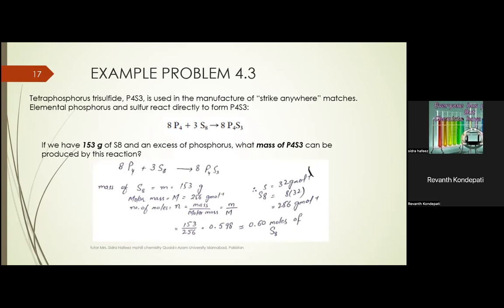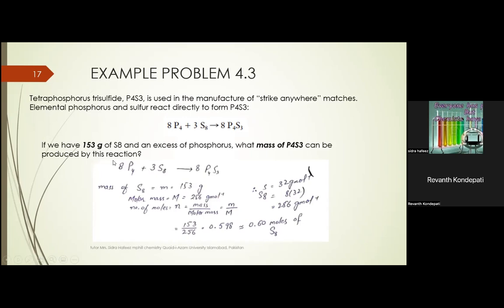So we have 153 gram of S8. This is the octa-atomic sulfur, the allotropic form of sulfur, which consists of 8 atoms of sulfur arranged in a crown shape, just like a crown of a king. So these sulfur atoms are arranged in a circular manner in the shape of a crown, and it reacts with excess of phosphorus. Now phosphorus is present in the excess amount. So what mass of P4S3 can be